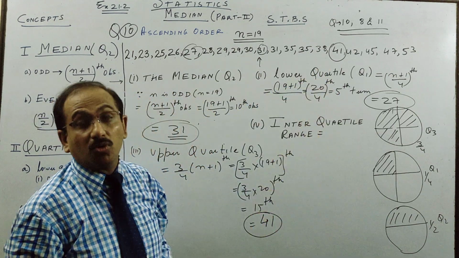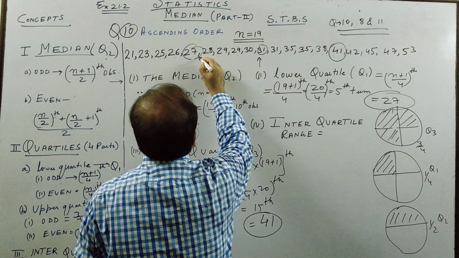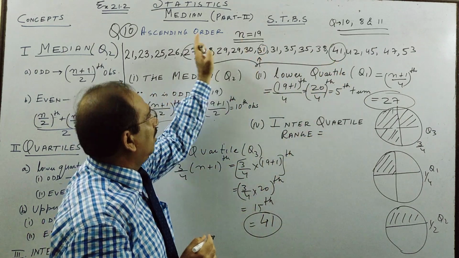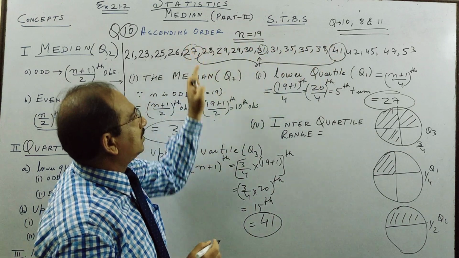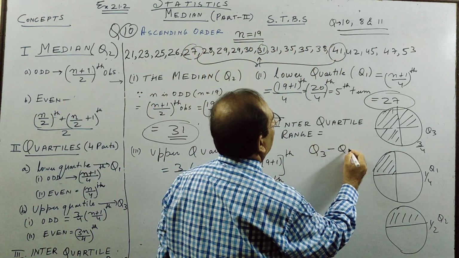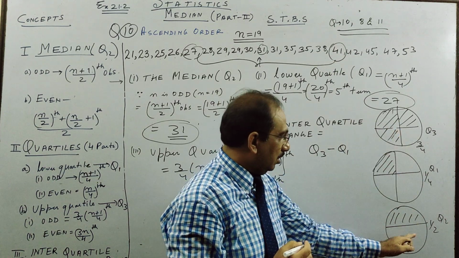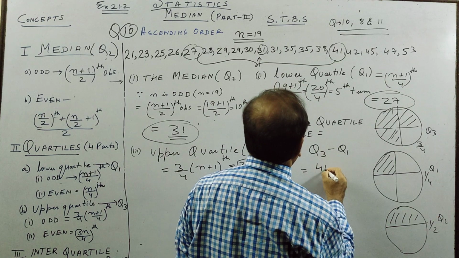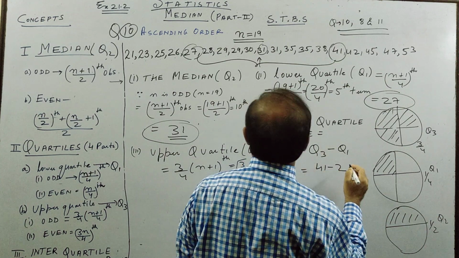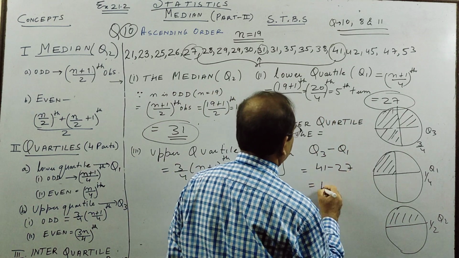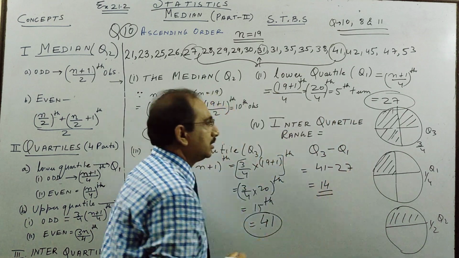Now there is another term called interquartile range, means this range. What is the range of the value? Forget the median. From this minus this. This is called interquartile range, means Q3 minus Q1. Q3 is 3/4, 1/4, this is half. So this is Q3, 41 minus 27. 41 minus 27 is 14. This is our